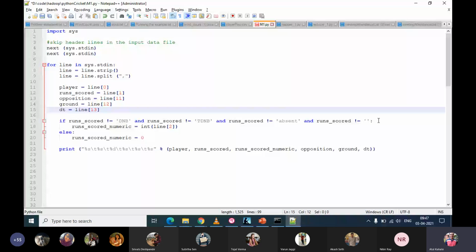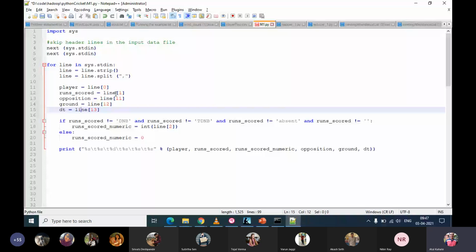The second approach is that the mapper code simply blindly passes on whatever it gets, without worrying about whether it is numeric and whether the data is correct. It simply passes it on to the reducer, and the reducer checks whether, after it goes through this line, it finds the runs scored as numeric.